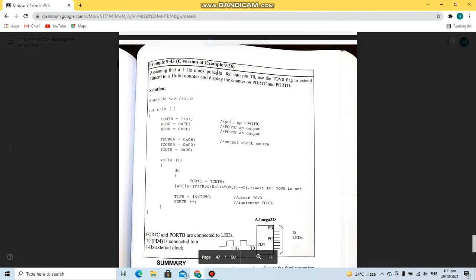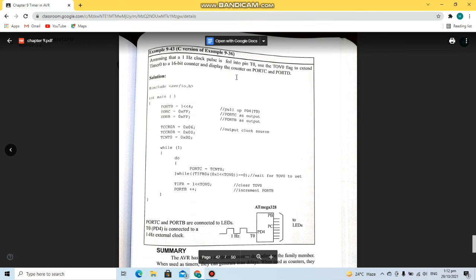Okay, now assuming that a 1 Hz clock pulse is fed into pin T0, use the TOV0 flag to extend timer 0 to a 16-bit counter and display the counter on port C and port D. So first of all, again you can see there is the input header output header file, int main, and then in the int main